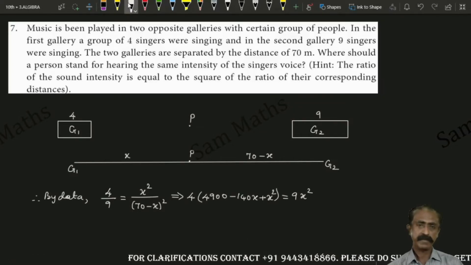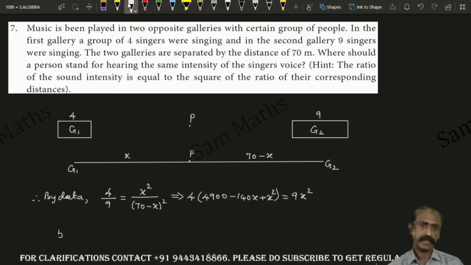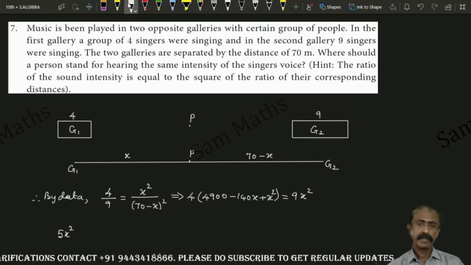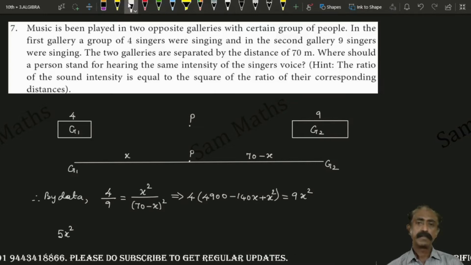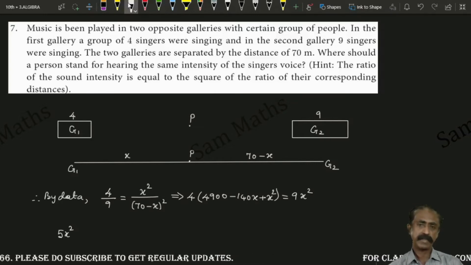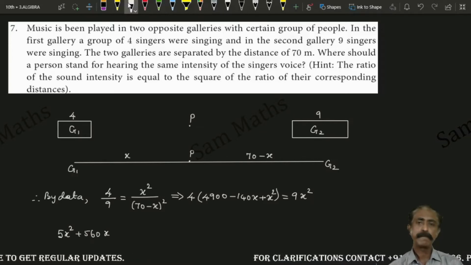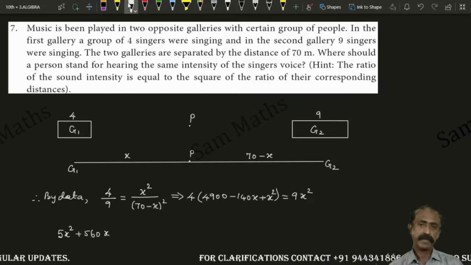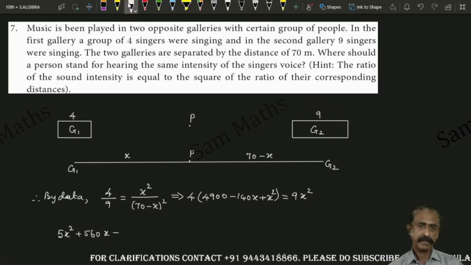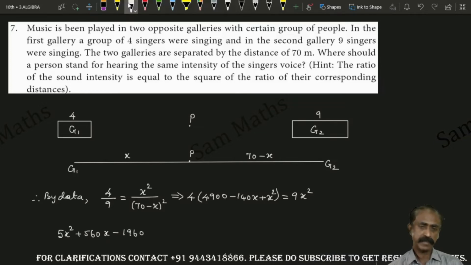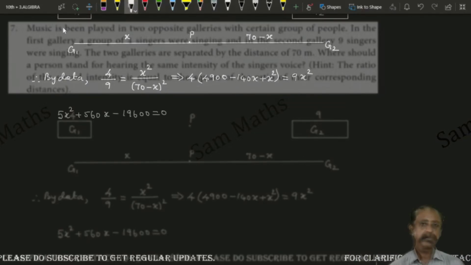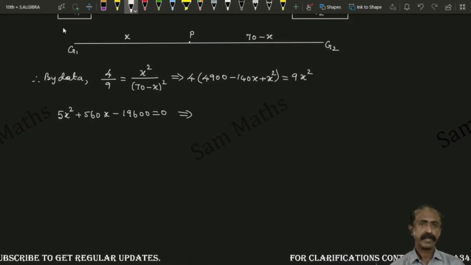Therefore, this becomes 9x square minus 4x square, that is 5x square. Then 4 into minus 140, that is minus 560x. You take to other side, it becomes plus 560x. Then 4 into 49 you calculate, 196. So it becomes minus 19600 equal to 0, which implies you divide by 5, it becomes